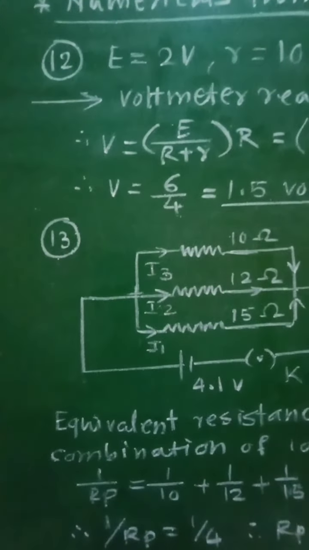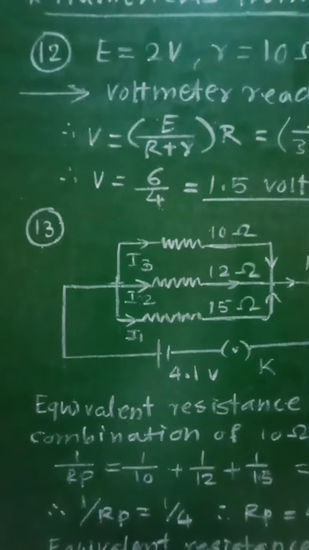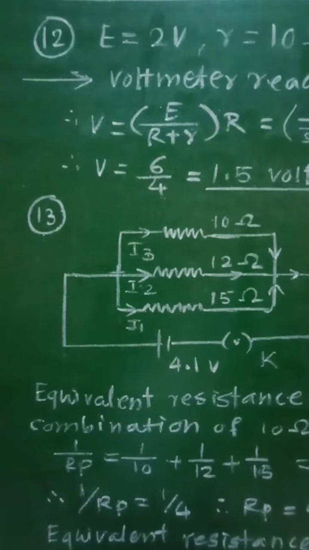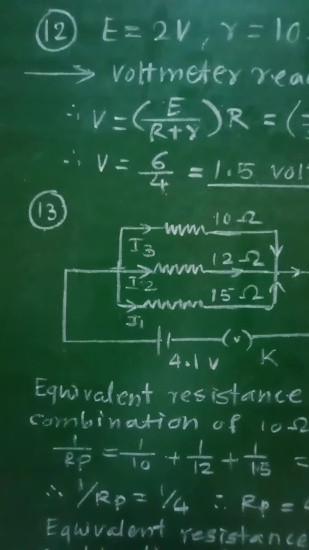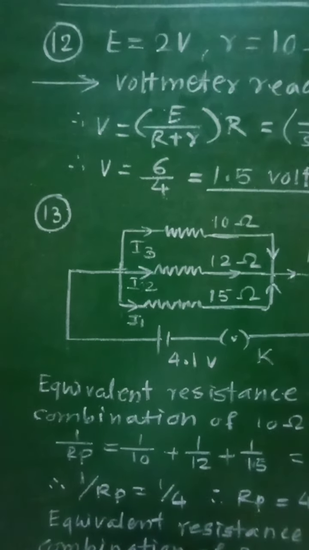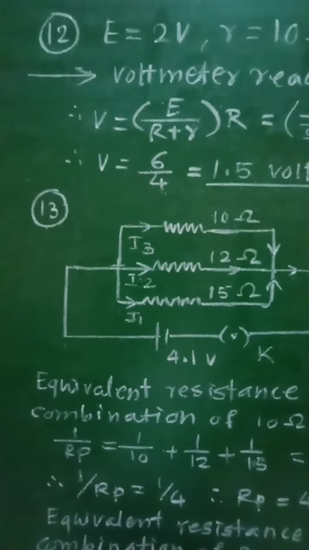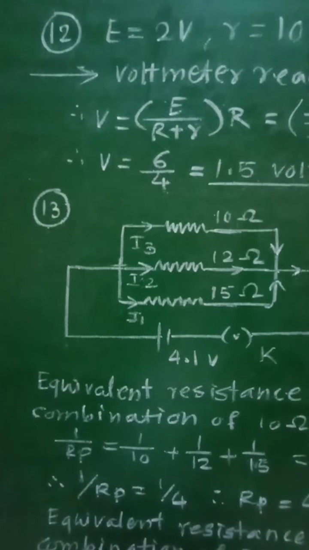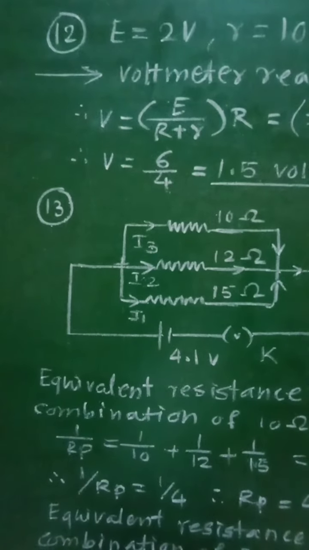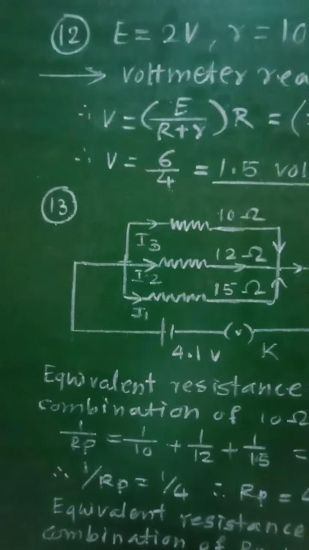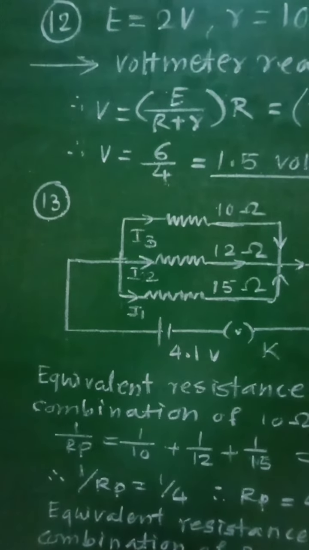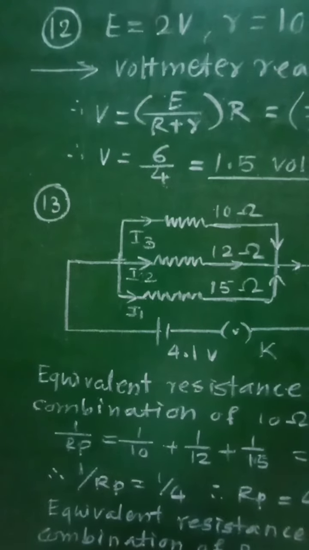Then let us go for numerical number 13, which is stated as: a set of 3 coils having resistances 10 ohm, 12 ohm and 15 ohm are connected in parallel. Then this combination is connected in series with series combination of 3 coils of the same resistances. Then calculate the total resistance and current through the circuit if a battery of EMF 4.1 volt is used for